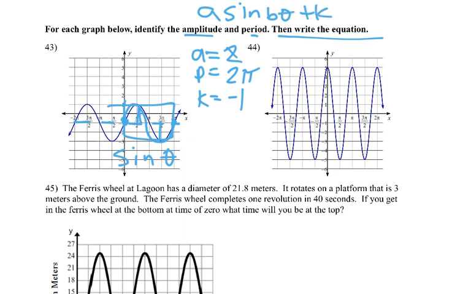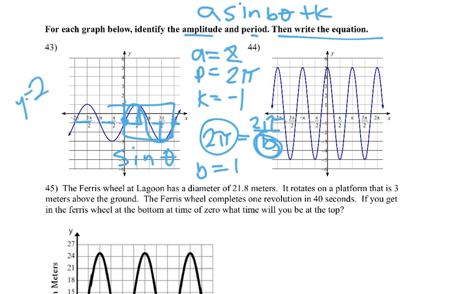Now, to find the period, it was 2 pi divided by b. So if our period is 2 pi, the only number that b could be is 1. Okay, so b would equal 1. So our equation: y equals 2 times the sine of 1 theta, or just theta, minus 1. Okay, now for 44,